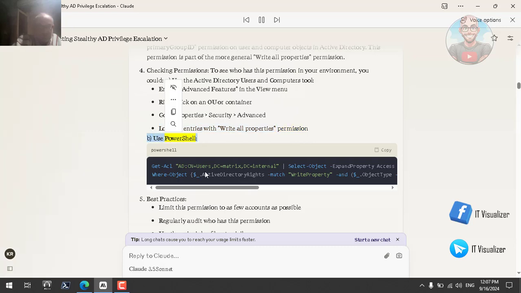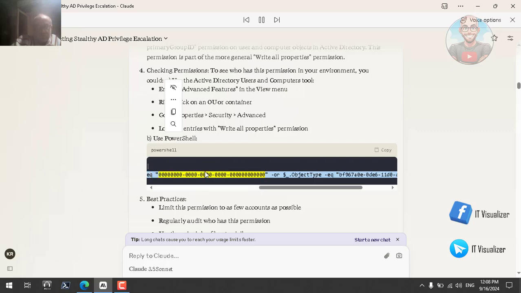Use PowerShell. Get-ACL "AD:CN=users,DC=matrix,DC=internal" | Select-Object -ExpandProperty Access | Where-Object { $_.ActiveDirectoryRights -match "WriteProperty" -and $_.ObjectType -eq "00000000-0000-0000-0000-000000000000" -or $_.ObjectType -eq